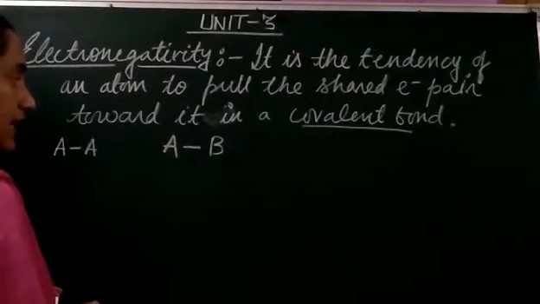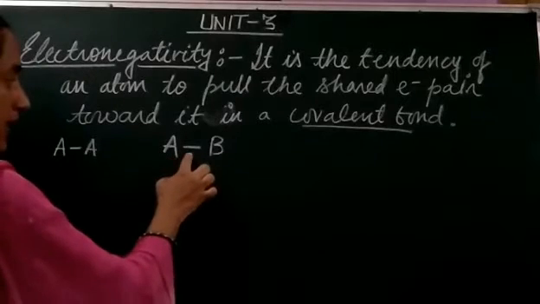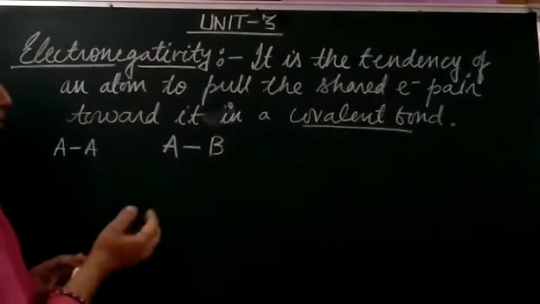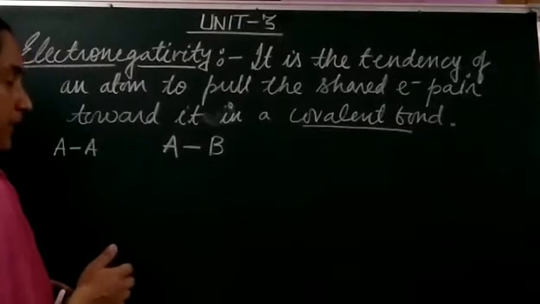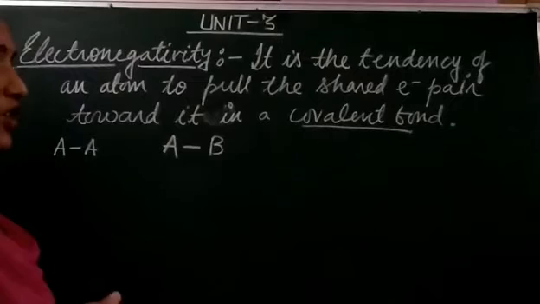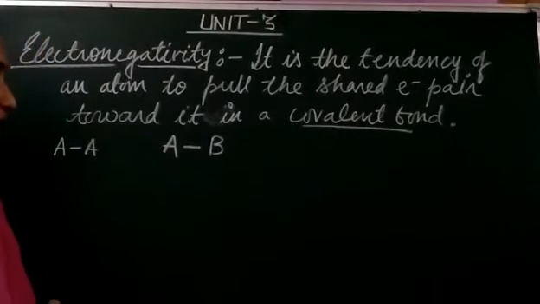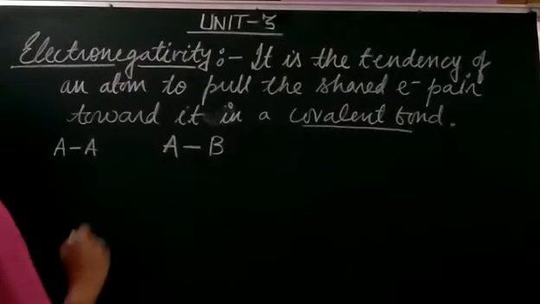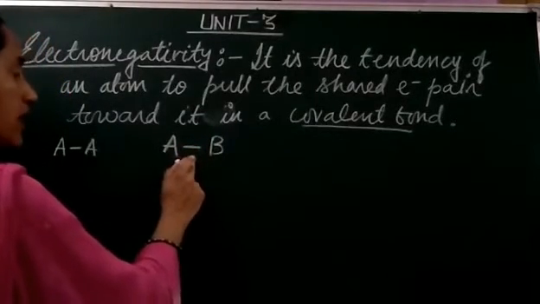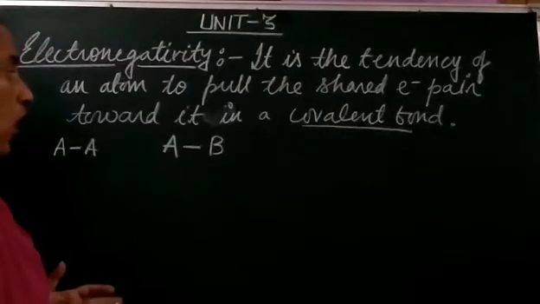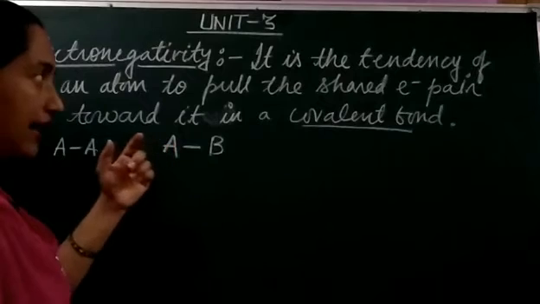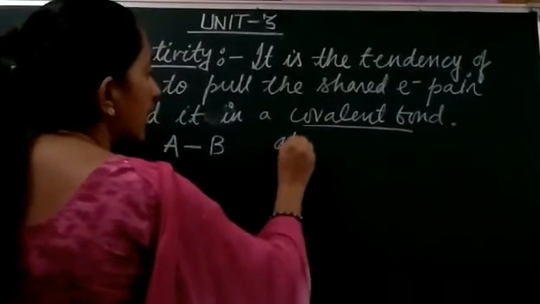The sharing of electrons has taken place, but you have to keep in mind that in this case, the shared electron pair will always be tilted more toward the atom which has the stronger tendency to pull it, and that tendency will depend upon the nuclear charge of that atom as well as the size of the atom. So in AB, a hetero molecule, the shared electron pair of the covalent bond will always be under the influence of that atom more, which has the stronger tendency to pull it, and that tendency will depend upon the size of the atom,